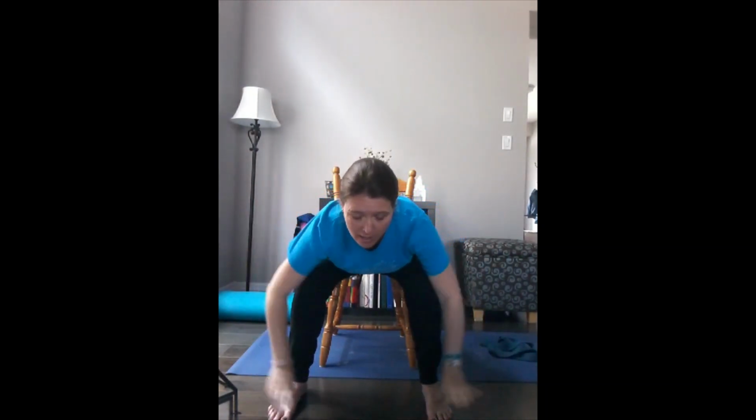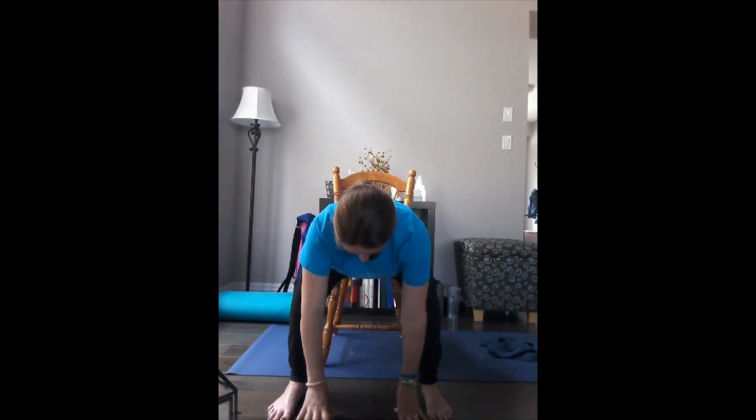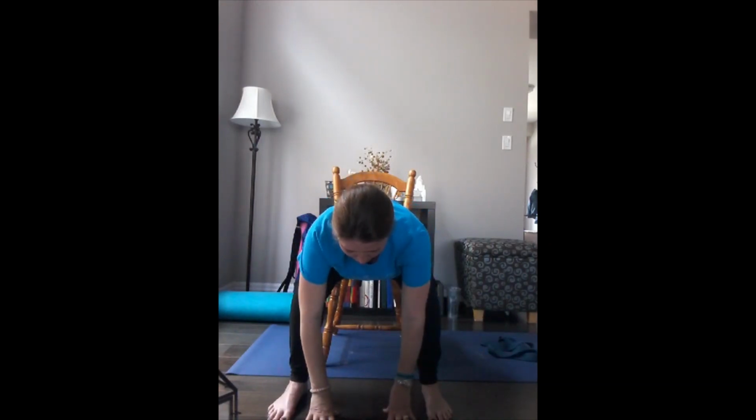All right, so we're going to do that one more time. So we're going to do each position. So you're going to fold over and come halfway, and you can bring your hands to the floor. And then I want you to just bring your head so that it is pointing straight ahead. So you're just looking straight down. So you're keeping your spine nice and long. If you can't touch the floor, just bring your hands to your knees, your shins, wherever you can get them to reach. And then come back up, and one more time, all the way over,